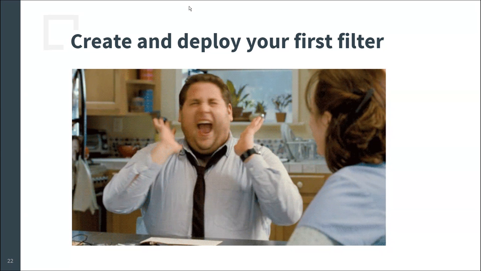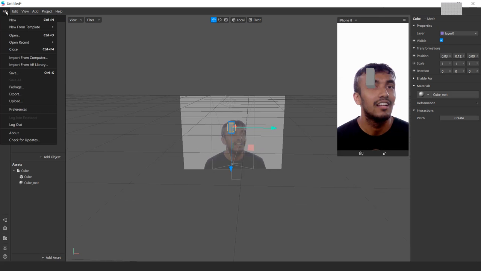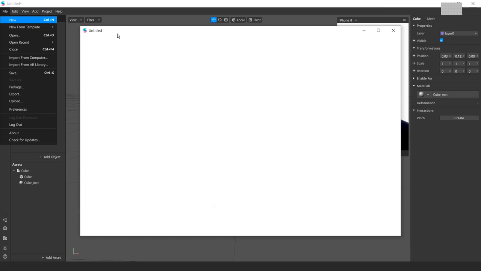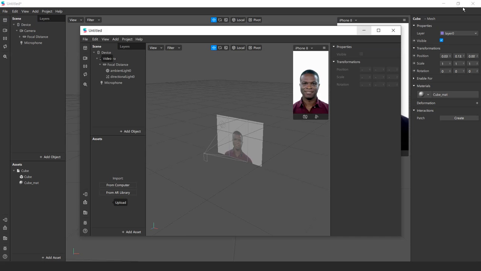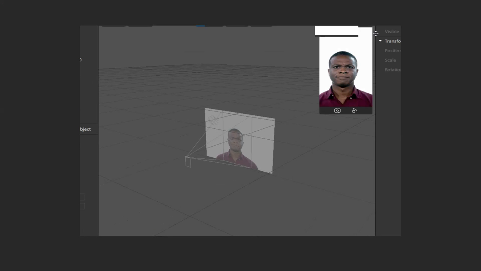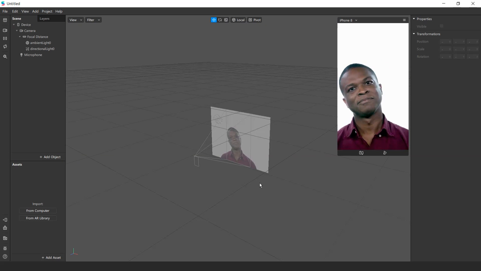Let's go back to the Spark AR Studio and let's start building the first Instagram filter or first Facebook filter. So I'm going to open up a new one. So this is what we see when we open up Spark AR Studio. As I referred, we are going to build our first Spark AR Instagram or Facebook filter. In order to do that, at first